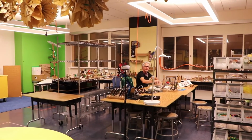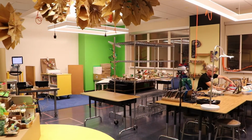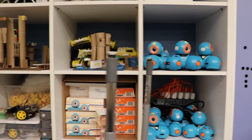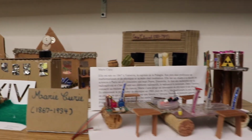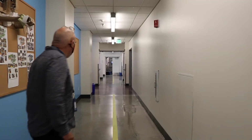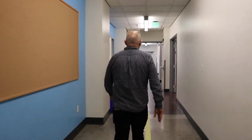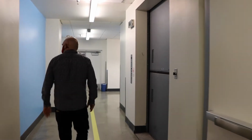Meet the teacher in there. So, say hi to Philippe Charpentier, who's our design tech and tinker space and coding guru for elementary school. And creativity. A different kind of platform for it, but you know. And then down this hallway, corner,